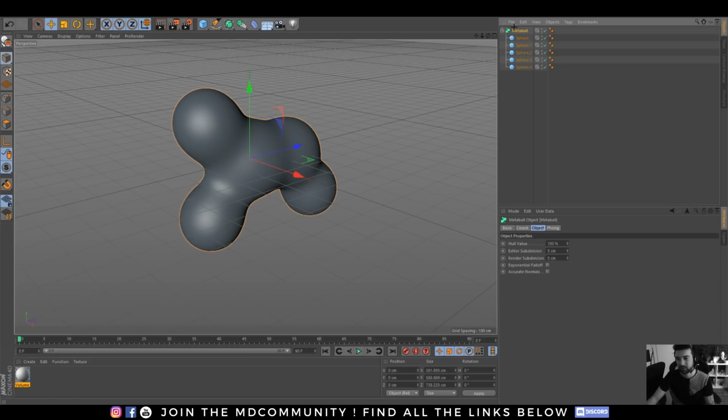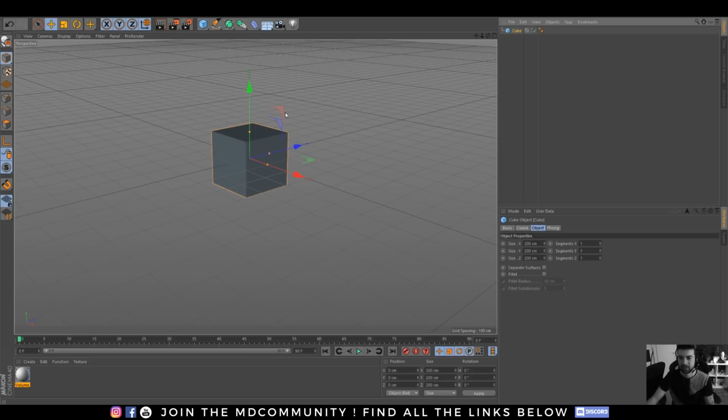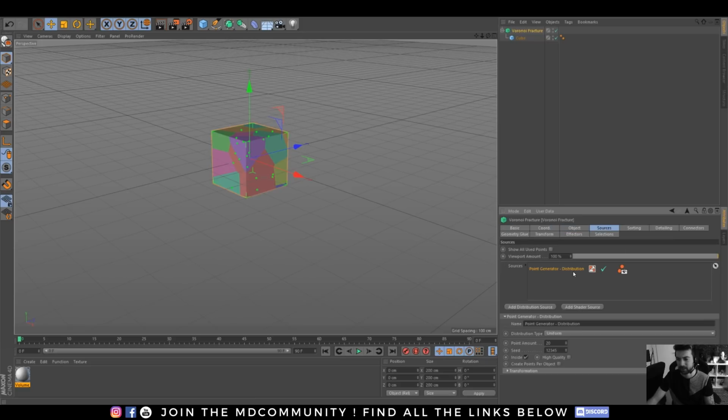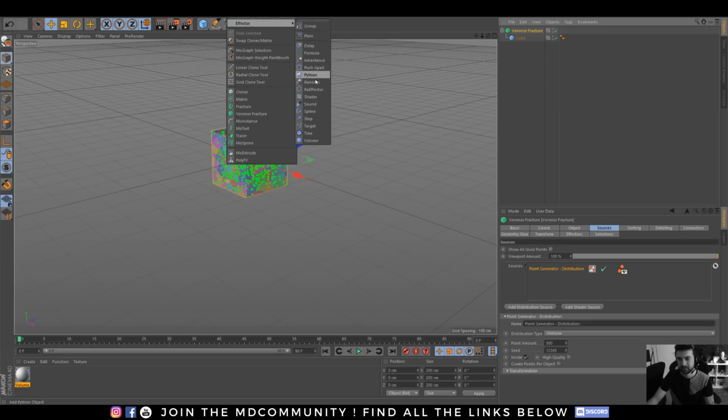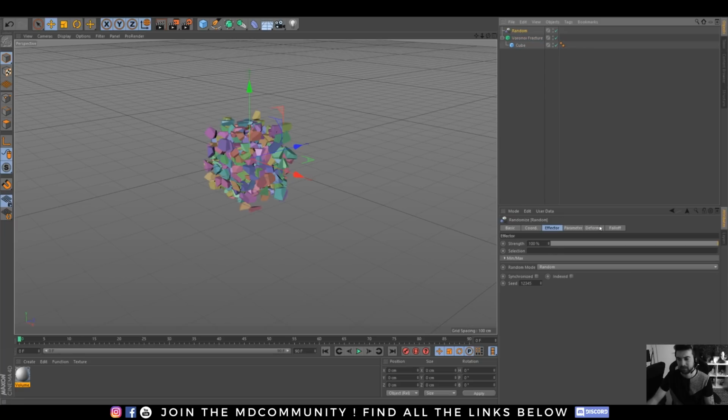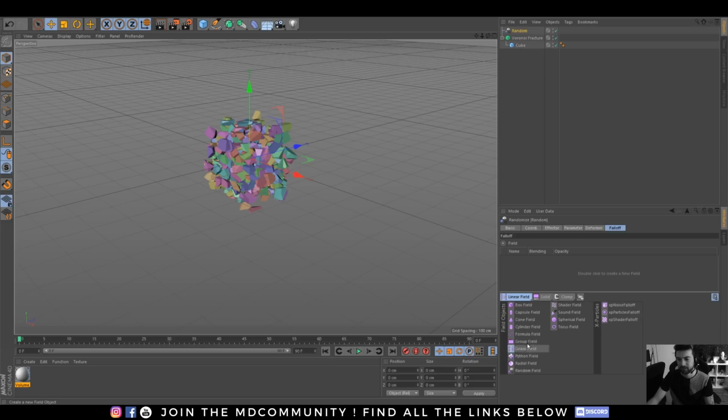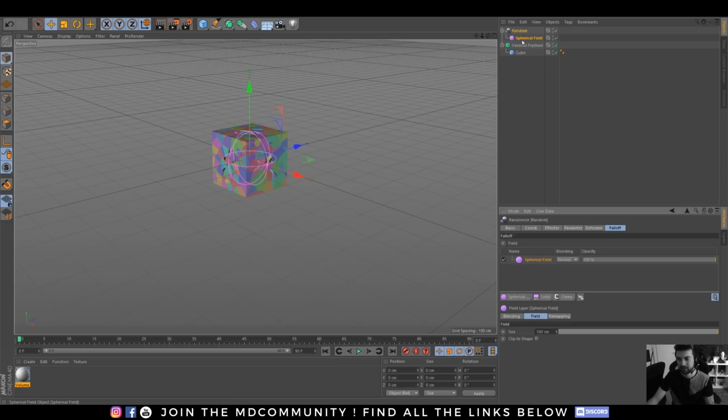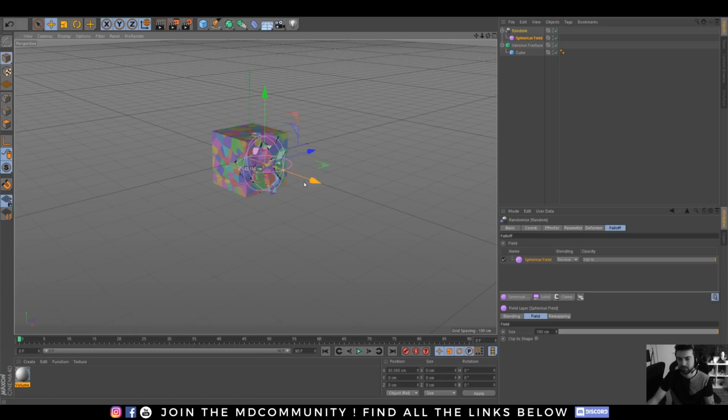Maybe we can take a quick look in Cinema 4D, but for example, I have this. Let's go to MoGraph, Voronoi fracture. Let's change the source. Okay, let's have more points. Let's have even more points. Okay, let's add a MoGraph simple random effector. In my random falloff, a linear field, spherical field. Okay, and here I can break the thing,